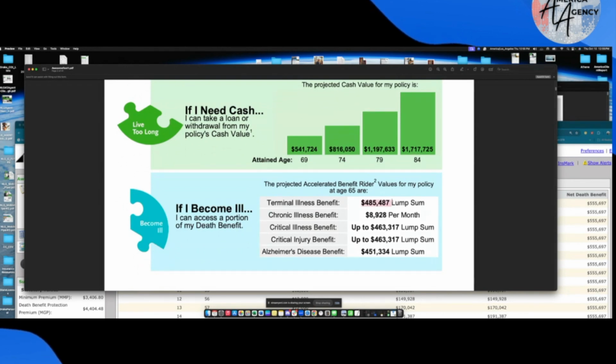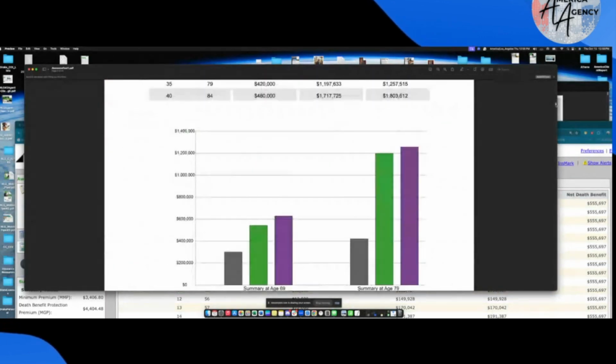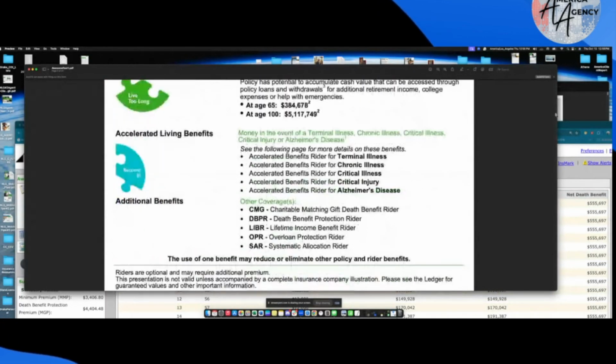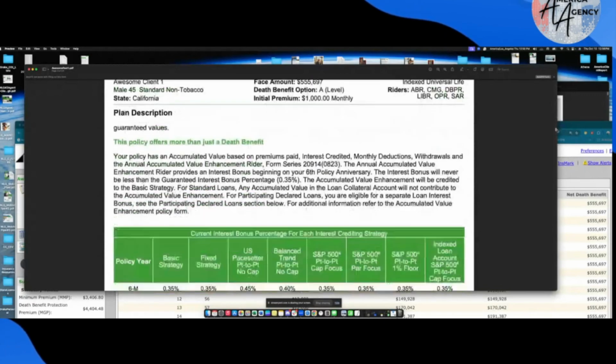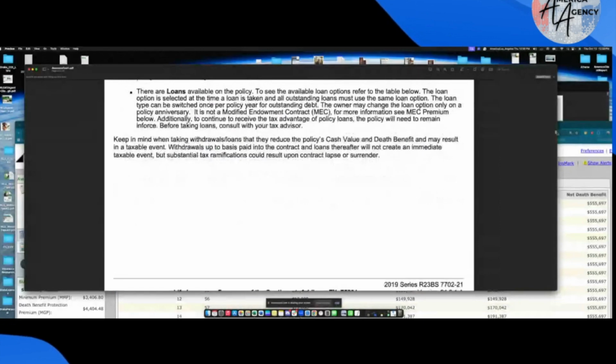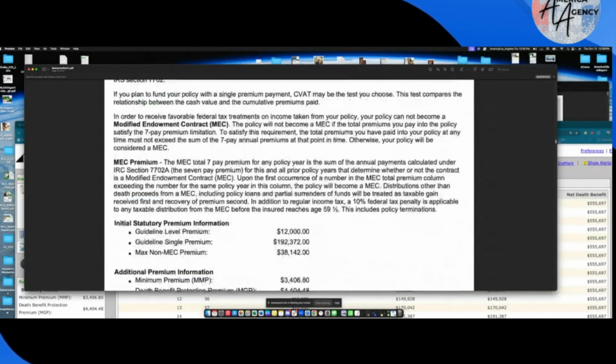This is the part people are the most interested in, the terminal illness, chronic illness, critical injury, critical illness, and then Alzheimer's, which NLG is known for, which is amazing because it's happening to so many folks, men and women. But going back to where I was telling them they broke even at 10 years, so we can put this in layman's terms, I'm just going to pass all this stuff up. I've watched Juan, Zach, watched numerous people do these, and none of it they go through. First of all, you don't have them approved yet. Typically, I won't even do this illustration until after I've done all the data entry on the other screen. But just for sake of time and for teaching folks,